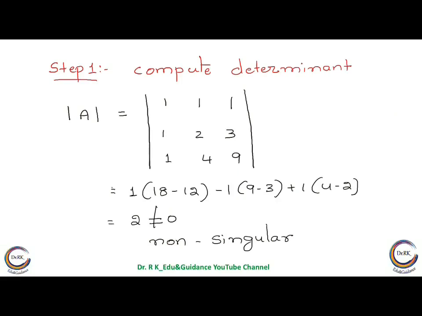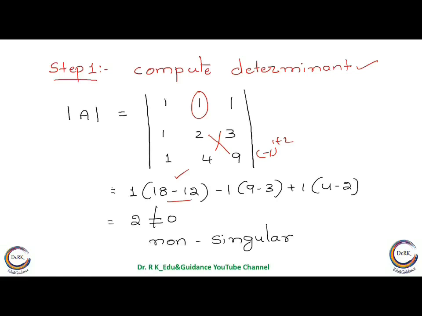So in this method, first we have to find the determinant. Det of A equal to. I think we knew how to find the determinant, very simple. So 1 into, leaving that row and leaving that column, 2 into 9, 18, minus 4 into 3, 4. Minus, and leave that element, its place is first row and second column, therefore minus 1 power 1 plus 2, therefore it is minus 1 cube, therefore it is minus 1.